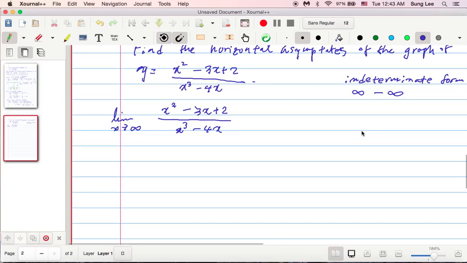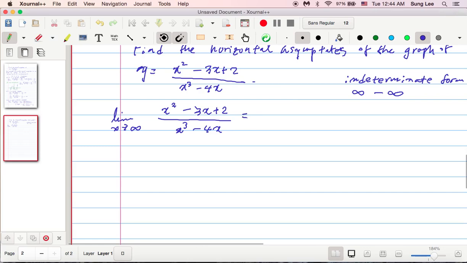There are also other types as well, and we're going to talk about them later on. But how do we deal with this? When you have infinity over infinity or infinity minus infinity type indeterminate forms,